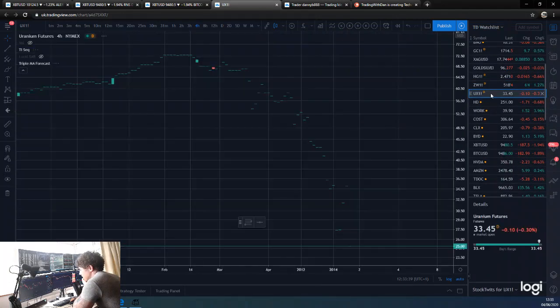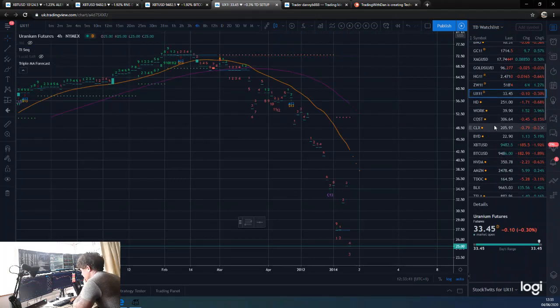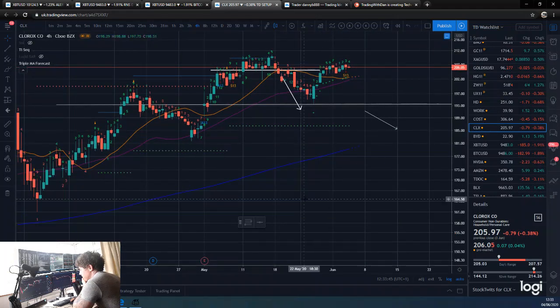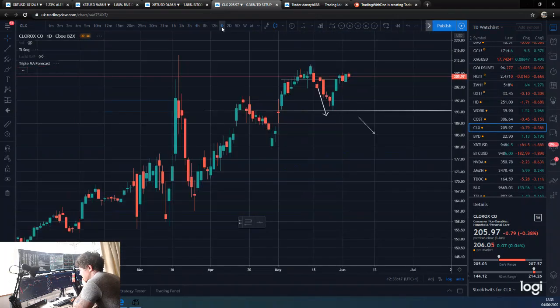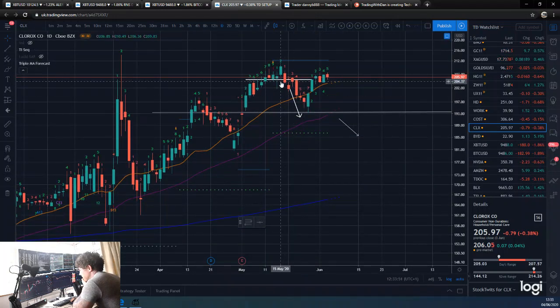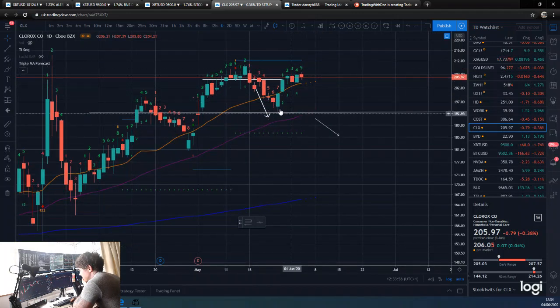Let's not look at uranium futures. How is CLX doing? CLX daily. So we had the 9. We had basically the level we were searching for, and the arrow, and literally that just basically traded down there, pretty much perfectly. So there you go, daily sell on CLX, nice trade down, and yeah, bounced off then that level, that sort of support level, and then back up to where we were.